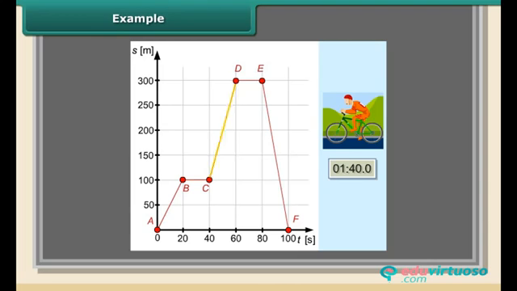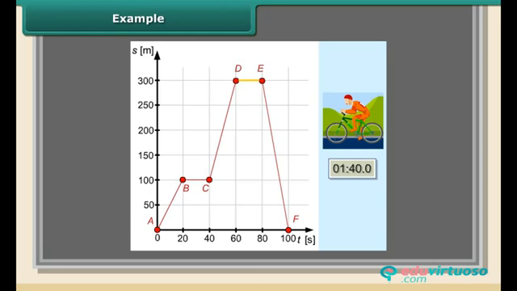From segment CD, we can see that the cyclist went on to move with a greater speed. In 20 seconds, he covered a distance of 200 meters, which means that he was traveling with a speed of 10 meters per second. Segment DE shows the cyclist